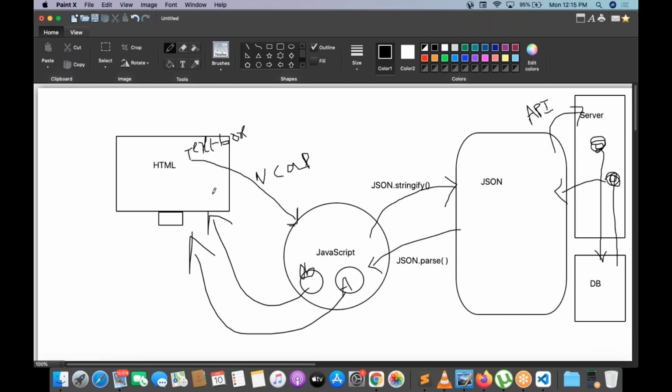Finally, you give a request and take a response. Both the requested data and the response data are saved or manipulated with JSON. Got my point, everyone? It's very simple. Then, the next.